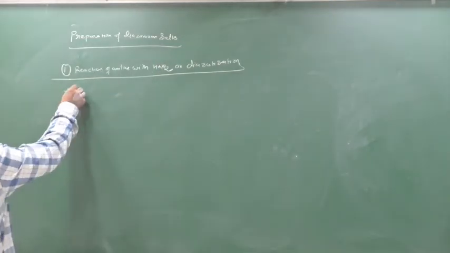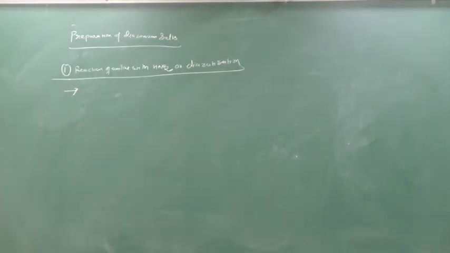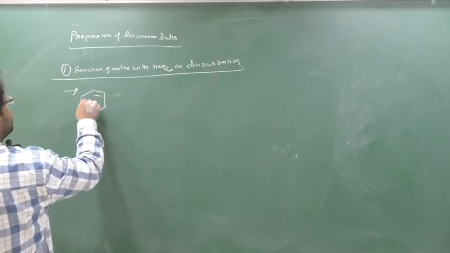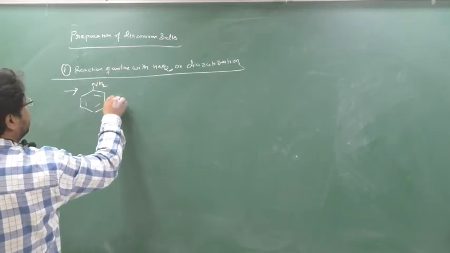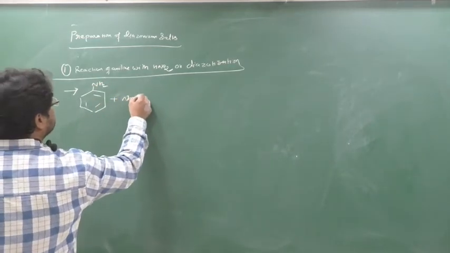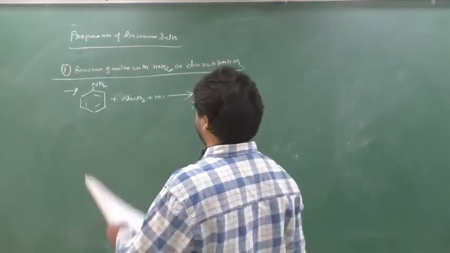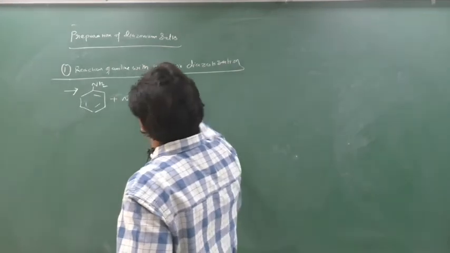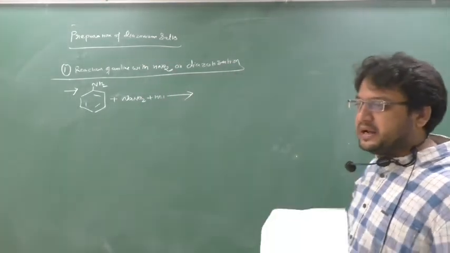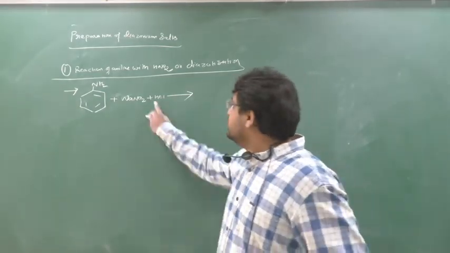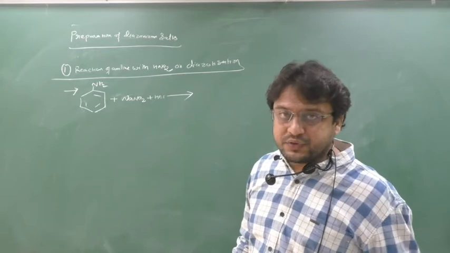Again same story, HNO2 is a highly unstable acid, so it cannot be stable, so freshly prepared HNO2 should be used, and to prepare it freshly you have to bring what? NaNO2 and HCl. So take aniline, see the preparation, take aniline and react with NaNO2 and HCl. Understood why this? Why am I not writing HNO2? Sir, you are telling reaction with HNO2 but you are writing this. Beta, this HNO2 is a highly unstable acid. It is highly unstable, so it should be freshly prepared. And who will help us to prepare HNO2 freshly? These two reactions, as I have shown in the previous video.